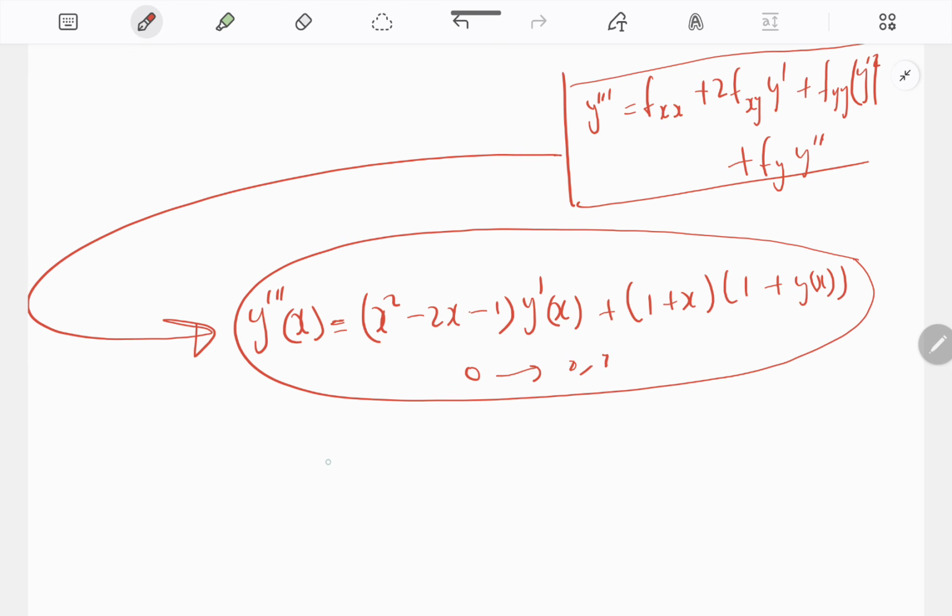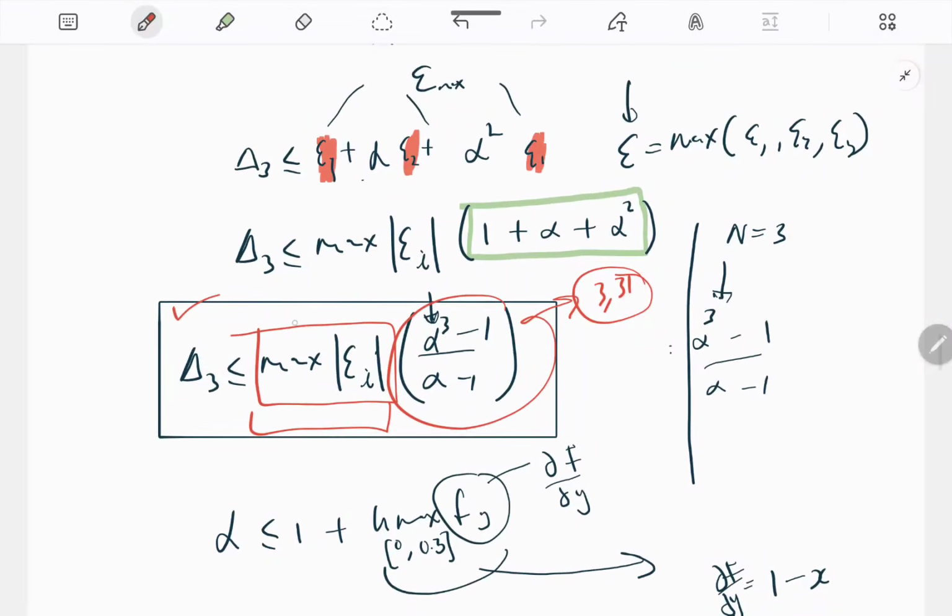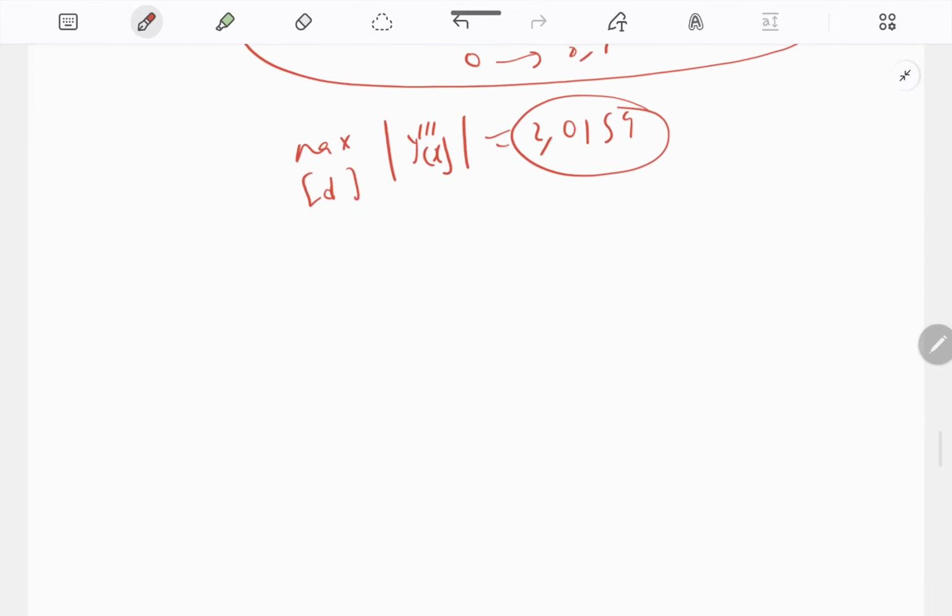So the max that I got, the max of y''' in the domain, is equal to 2.0159. So if you come here, you already found this, you already found this, and you're going to multiply these two numbers, and if my computations were correct, which I hope so,